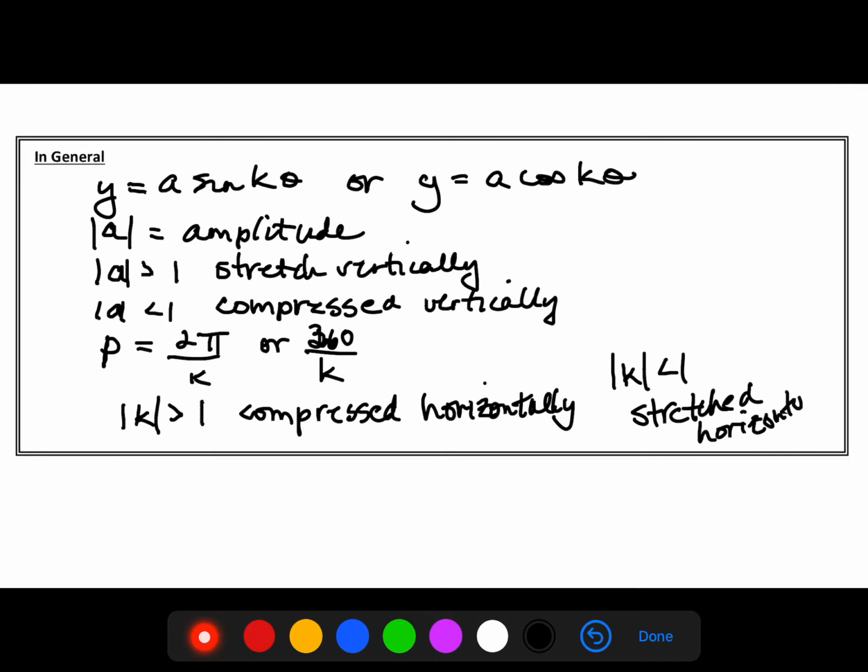And if k is less than 1, it is stretched horizontally. And sorry guys, some of these get a little messy. Hopefully you can read that. Okay, so again, just like any other function, these values do the exact same